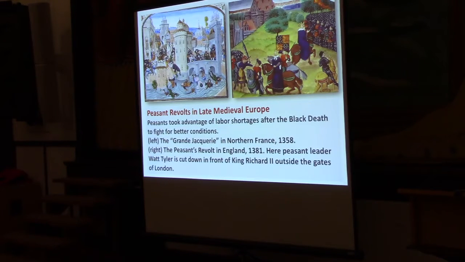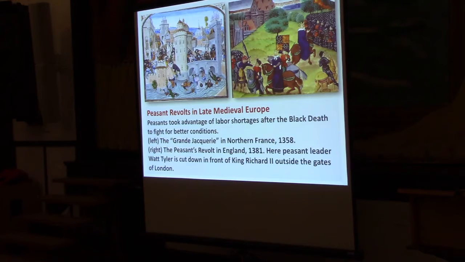The left-hand illustration is the Grange Jacquerie in northern France, supposedly led by some guy called Jacques, who of course is a fictitious character, and you can see in the illustration bloody slaughter of knights, people being thrown into the river and burnt, and all kinds of stuff going on there. This is really right across northern France, and a little bit later in England, the famous peasants' revolt in England,